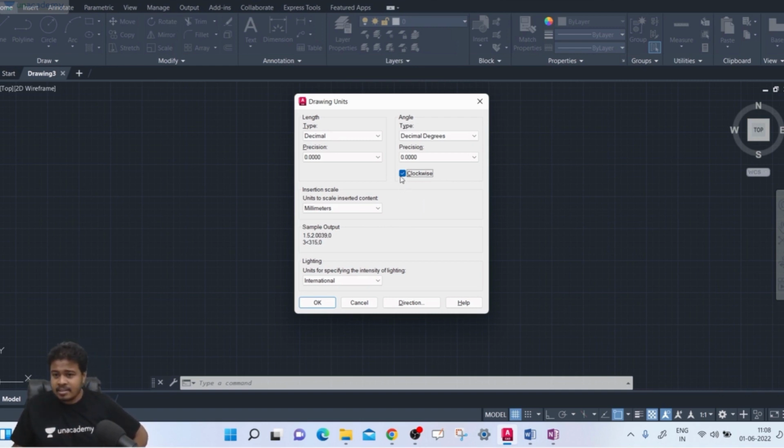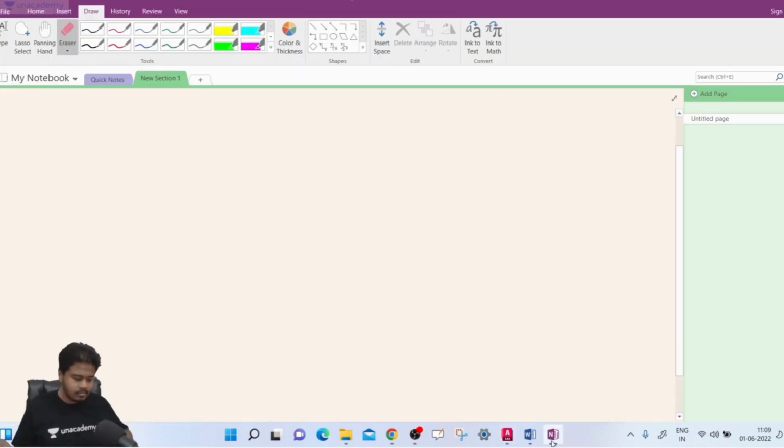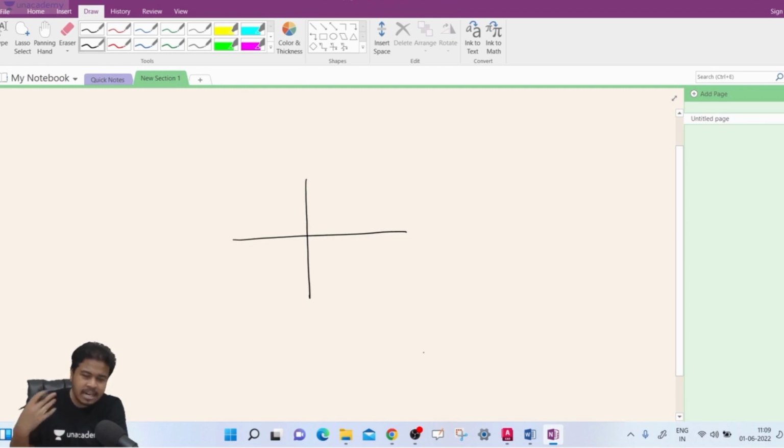This clockwise and anti-clockwise will be used for measuring angle. In most scenarios, or you can say from childhood, what we have learned,